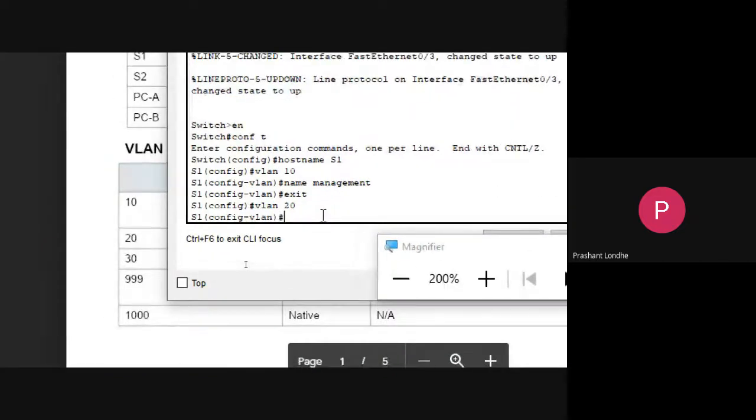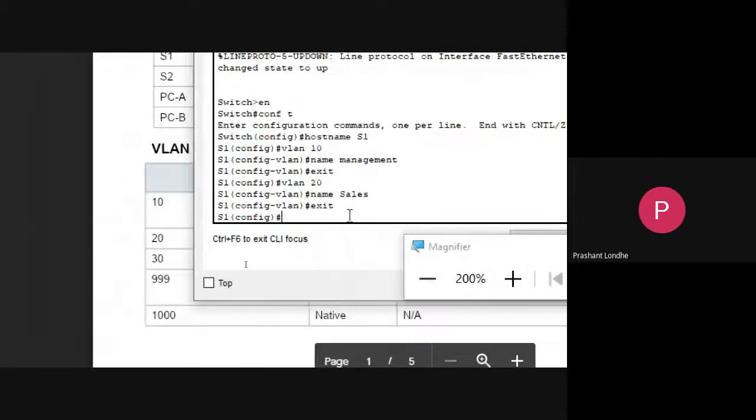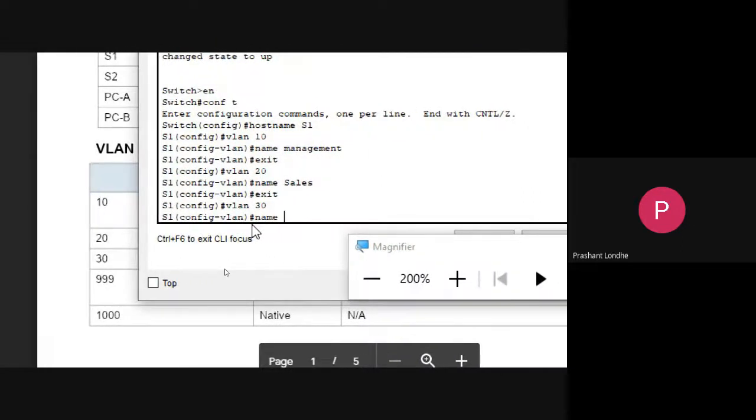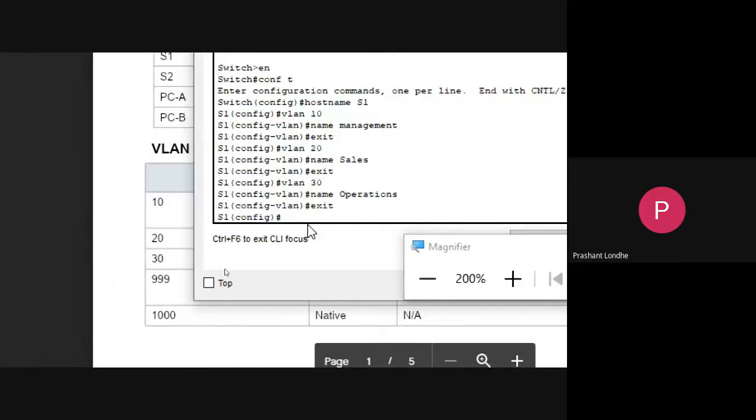VLAN 20, the name is sales. So I will type name sales, exit. Then we have VLAN 30, name as operations, exit.